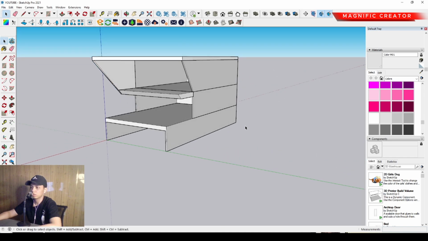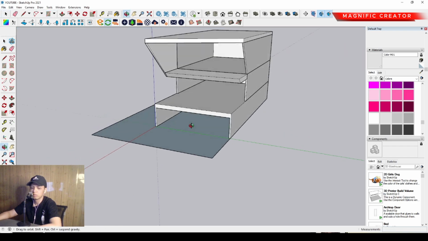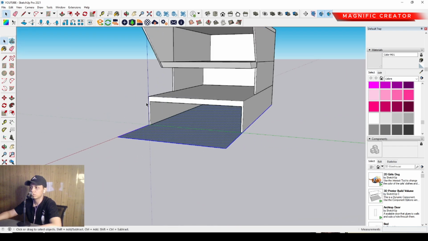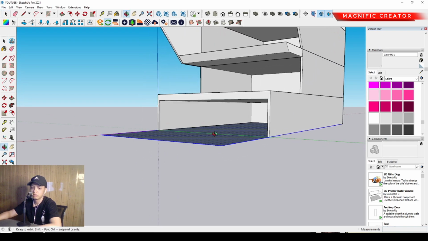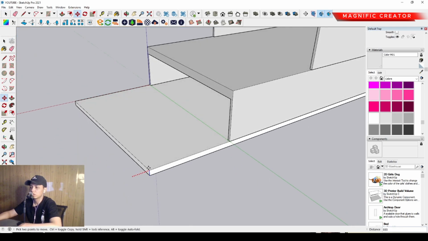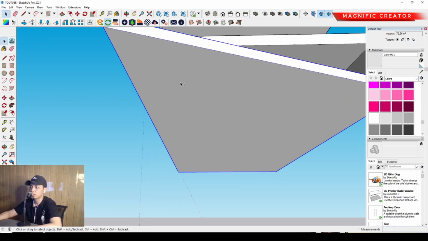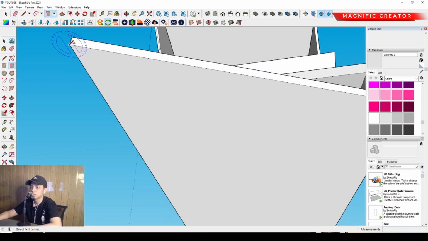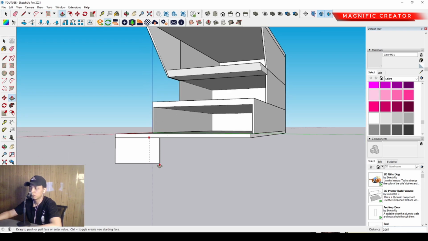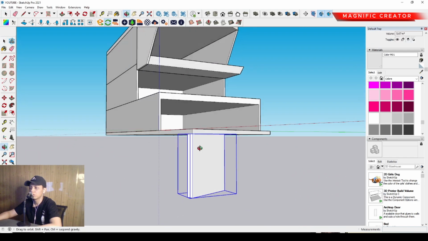Okay, and after that we can also make the slab in here. We can also fix it about the extension anyway. Then we can push it down just like this, so that we can move the little line over there. So then we can make it group, and then we can make the wall anyway. We can make the wall just like this and bring it to the back, and then we can move it. We can move it maybe approximately about 4 meter or more. Okay, we can just make group, and then we can